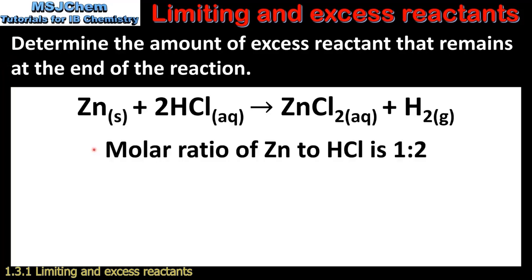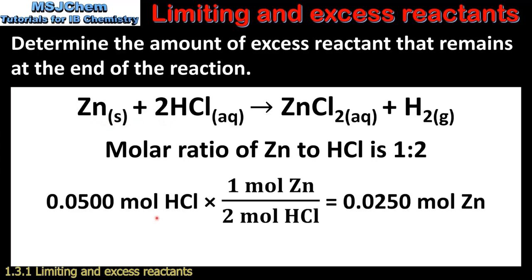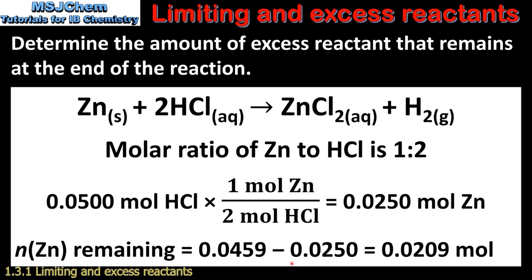To do this, we need to look at the molar ratio of zinc to HCl. From the balanced equation, we can see that 1 mole of zinc reacts with 2 moles of HCl. So in this step, we'll determine the amount in moles of zinc that react with the limiting reactant. To do this, we multiply the amount in moles of HCl by 1 over 2. This is because of the 1 to 2 molar ratio of zinc to HCl. So this gives us 0.0250 moles of zinc. So the final step is to subtract this amount from the amount in moles of zinc